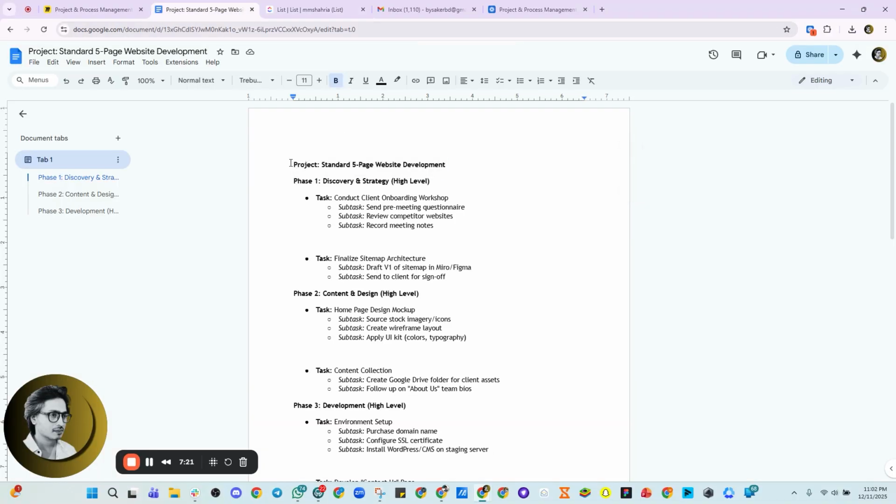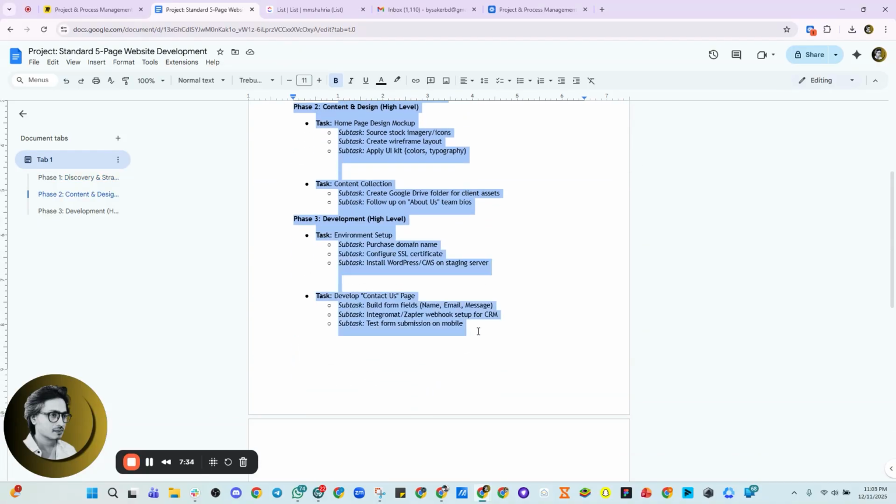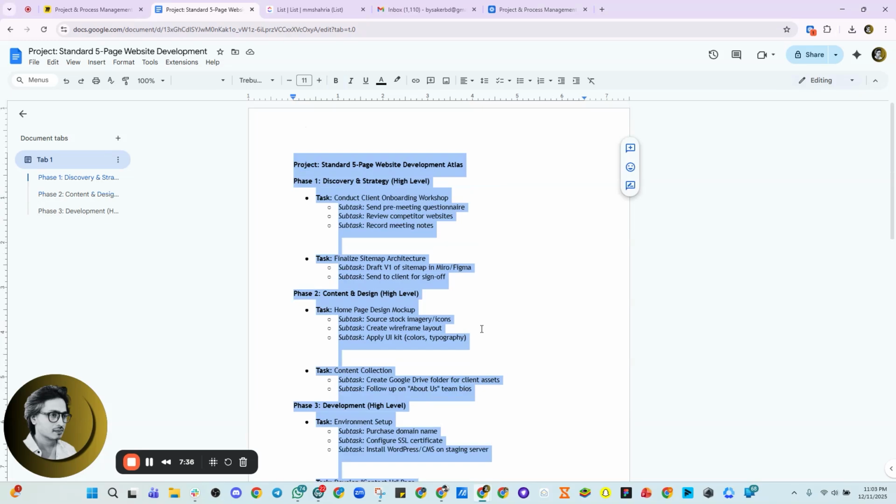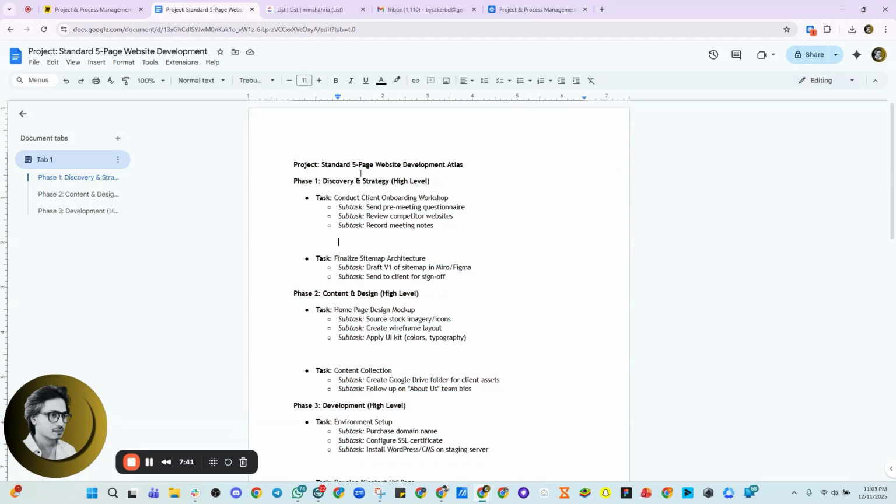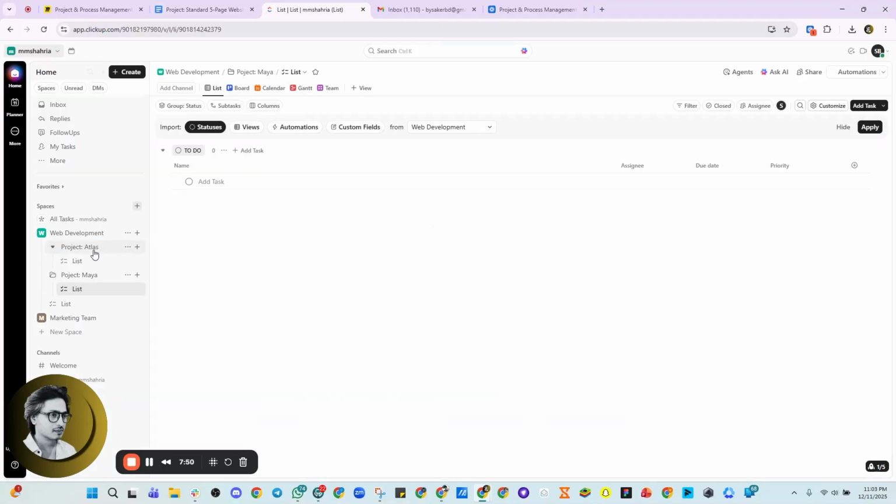Right now, if you go to the folder, we are going to implement this. For example, this is a 5-page website development for Atlas. They want to make a website with us. So we deconstruct the project, simplifying the hierarchy, and we are going to implement it in ClickUp. So we have phase one, right? This is the high level: discovery and strategy. You just copy it and go here,